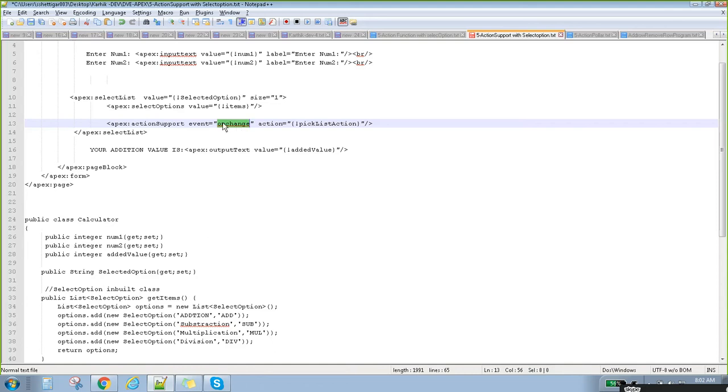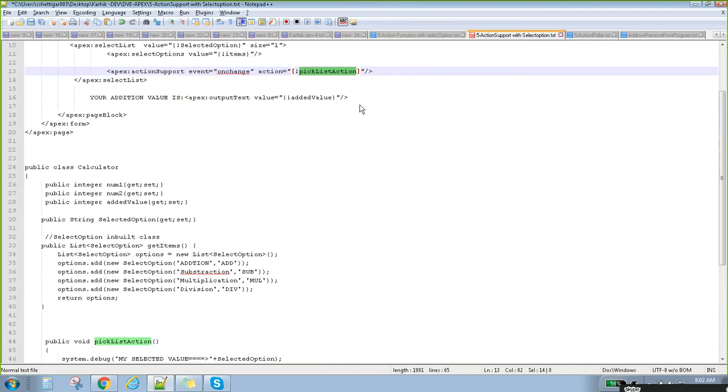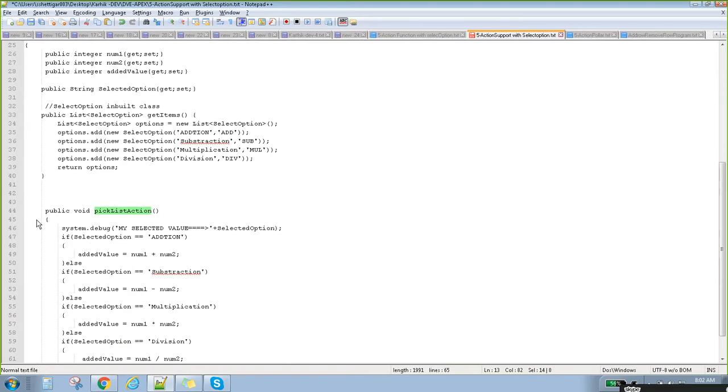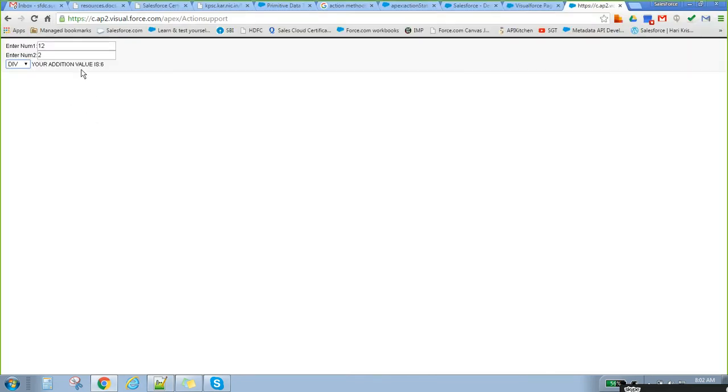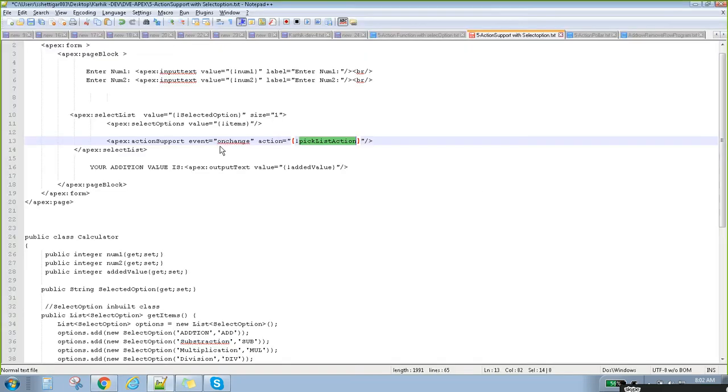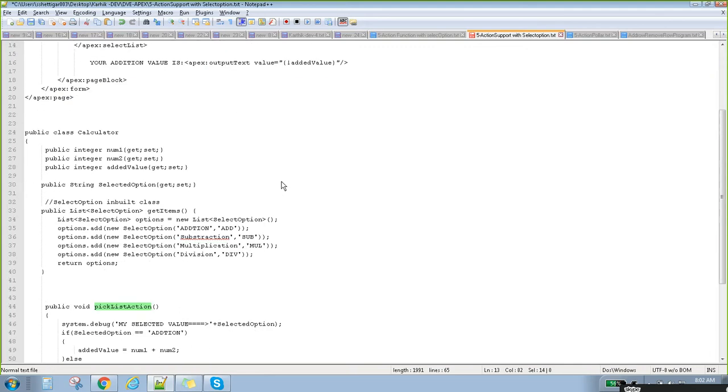We are making the event onchange. Whenever this particular option is changed, it has to call this particular method in the controller. Let's say I am changing this one, at that time it is going to call that controller method, the quick list action.